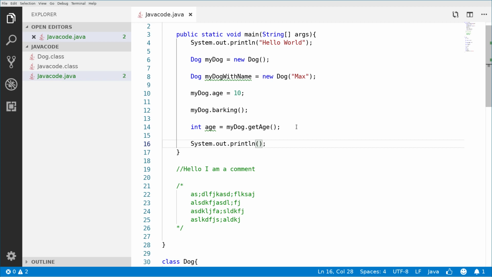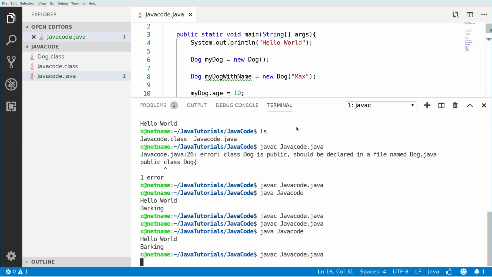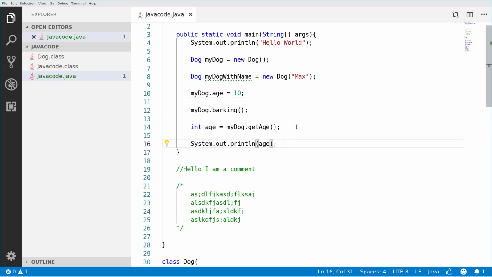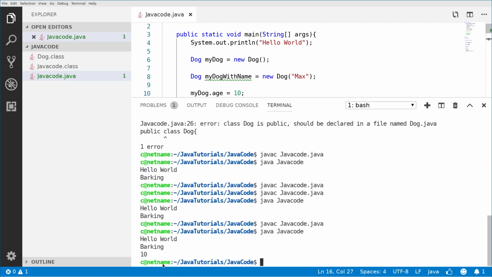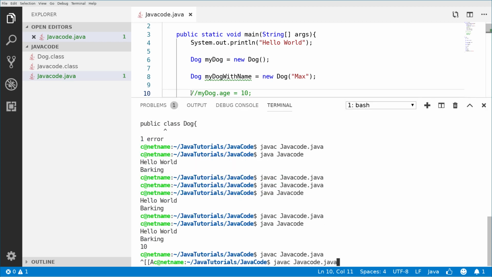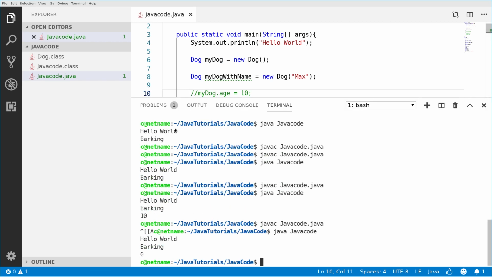If we do nothing and just pass the age right here, and we compile it and run it, the compiler is smart enough to transform this into a printable form. As you can see, it has the 10 value right here, so the age we just set is actually working. If I comment this out and run it again, it is set to 0, because the default value of an integer is 0.